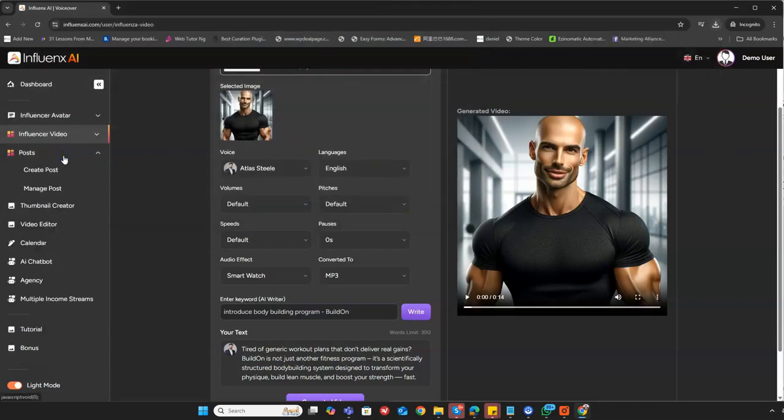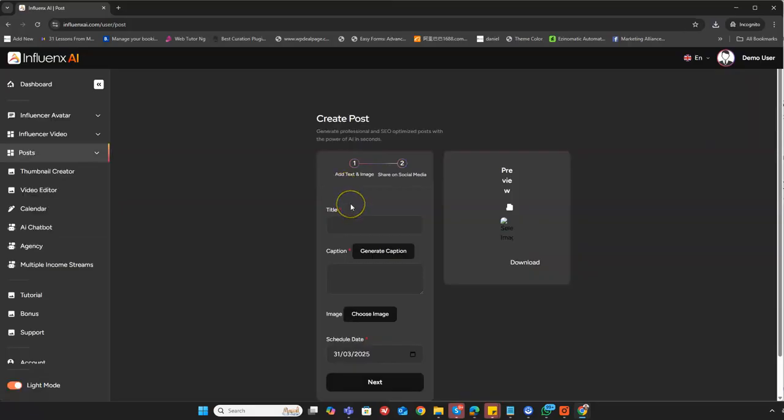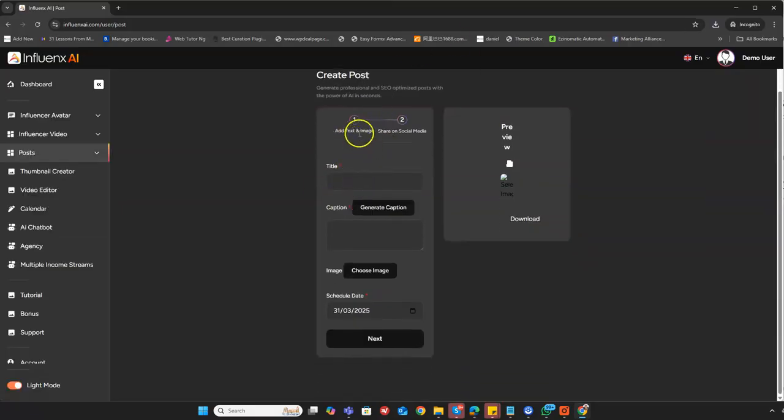So the next thing we come to is post and click on create post. Once you come to create post, you have different options. You can generate captions using our AI. You can also upload an image or video and schedule the dates on which you want to post. So let's say, text,